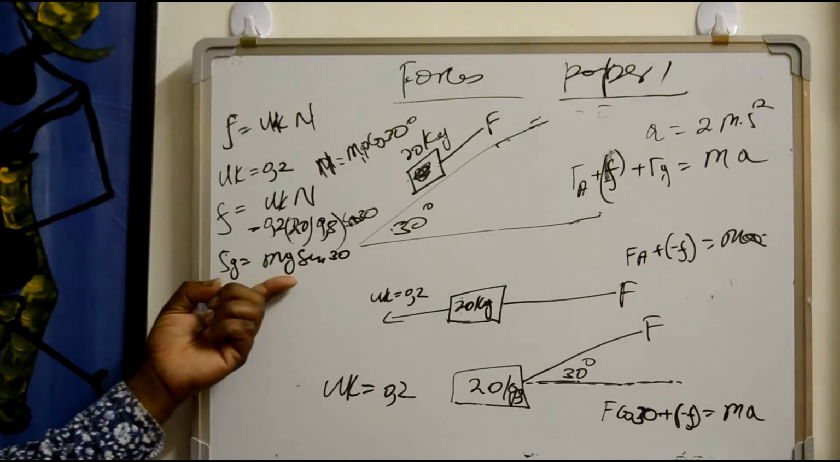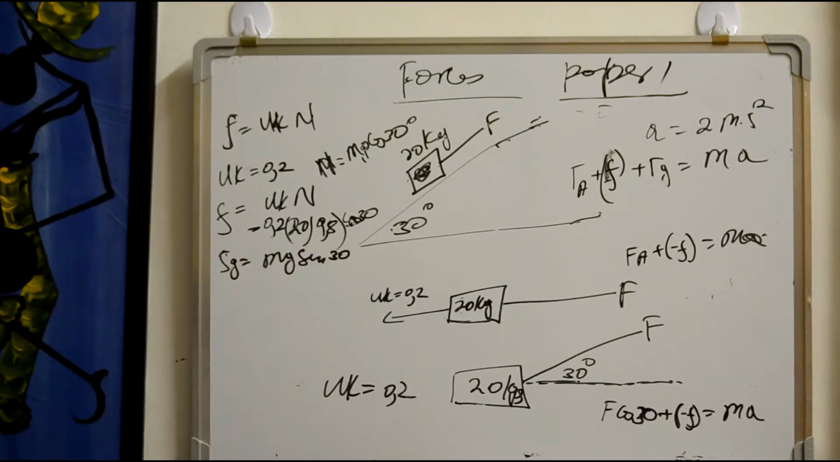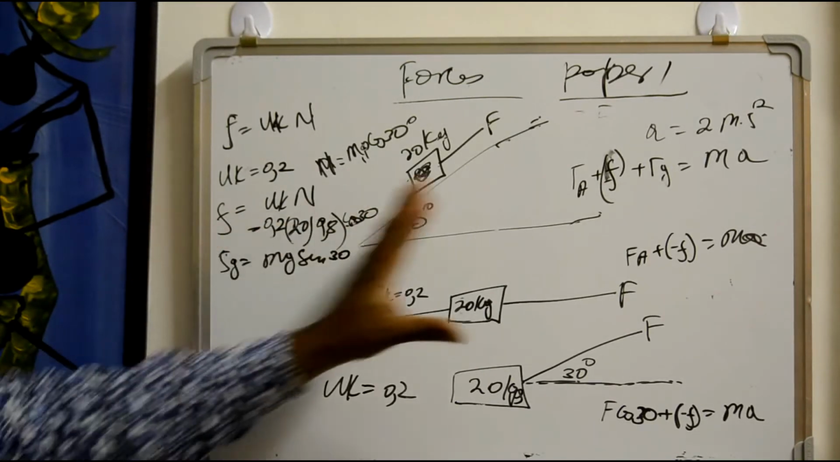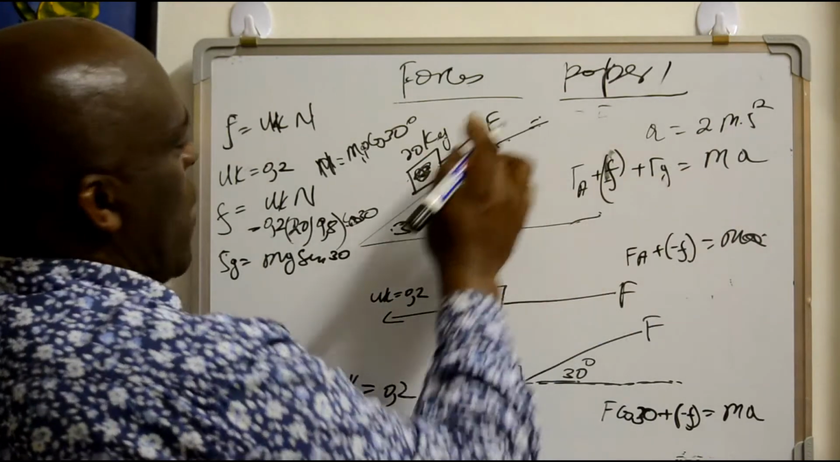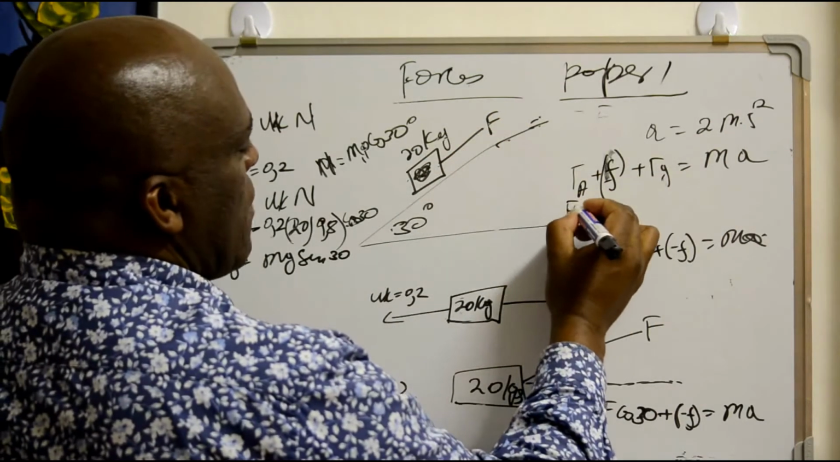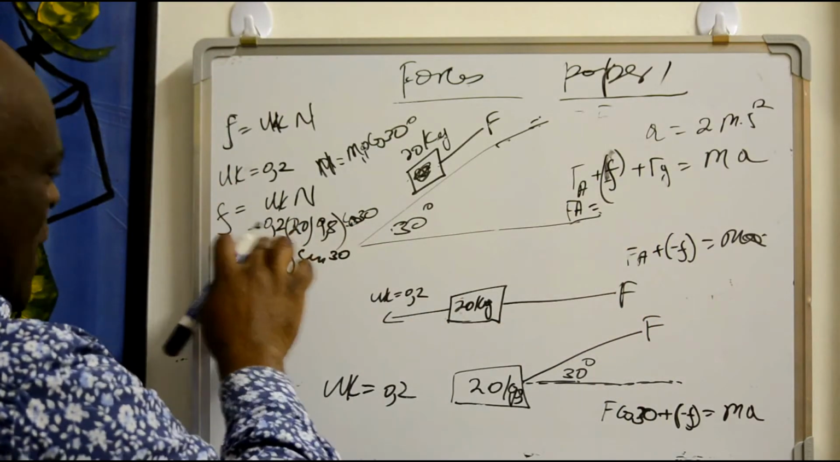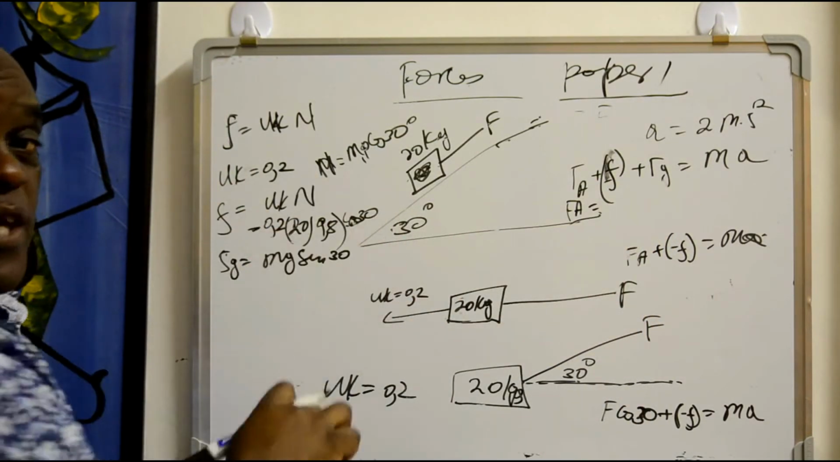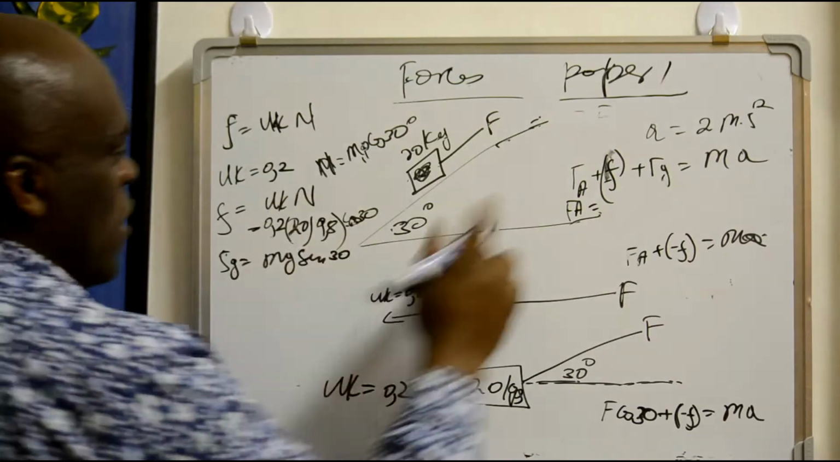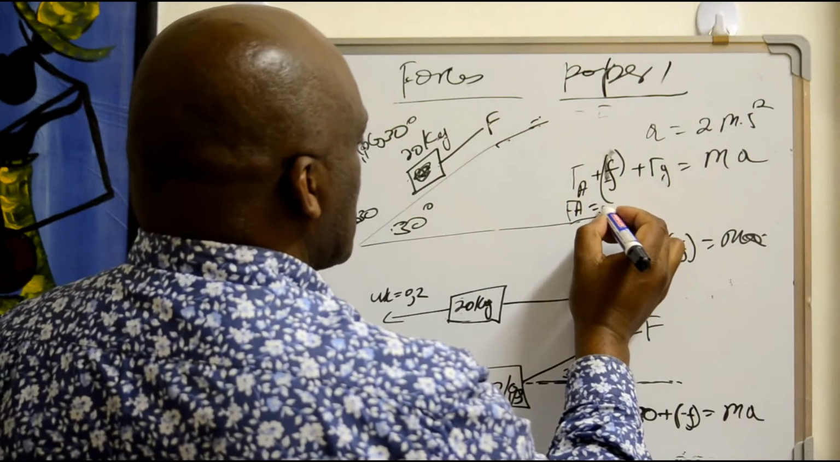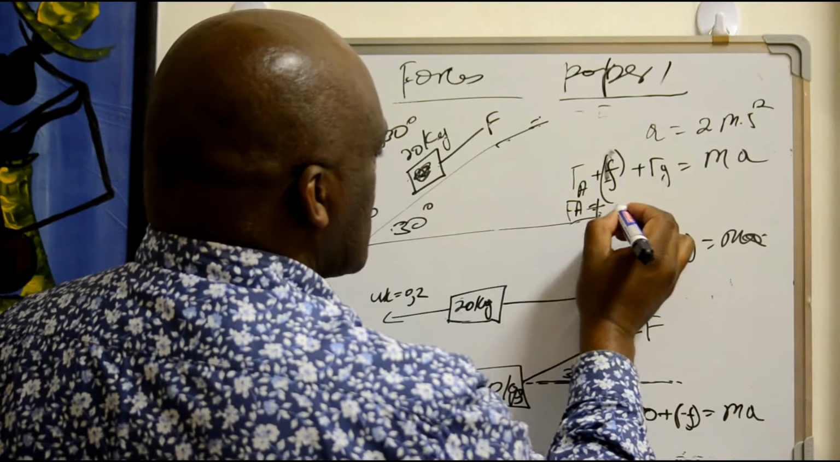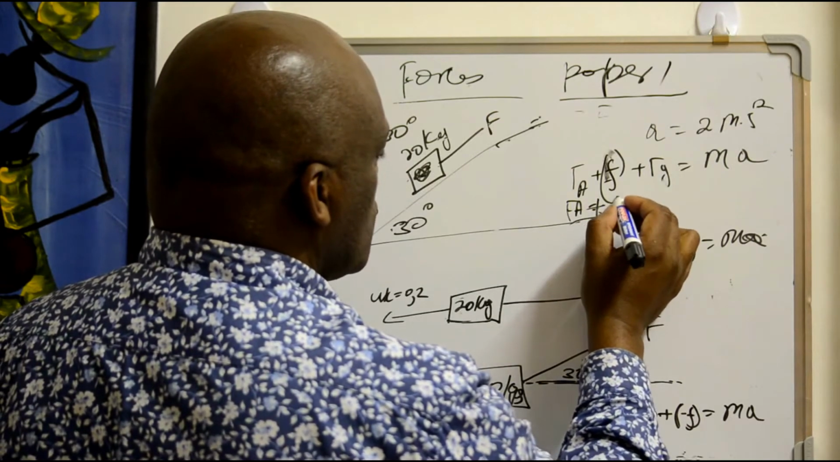That is my force of gravity, mg sine 30 degrees. So when you come to that equation, if I want to calculate the force applied, it is equal to my friction plus my force of gravity. You multiply all these things, it's a multiplication of